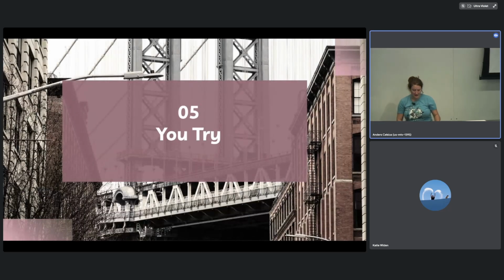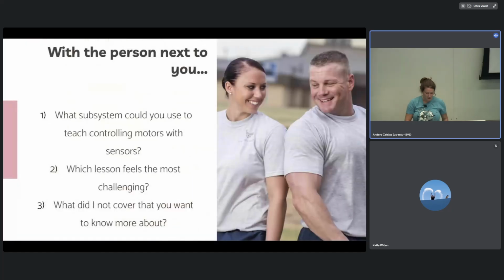So I have a little bit of time. So what I want you to do is with the person next to you, because we just attend these things and we go home and we're like, that was a nice talk I listened to. So turn to the person next to you. What's a robot that you might use to run these lessons? Let's start with that one. So talk to your person. What's the robot you might use? Do you have one? What are you going to need to do? Go.